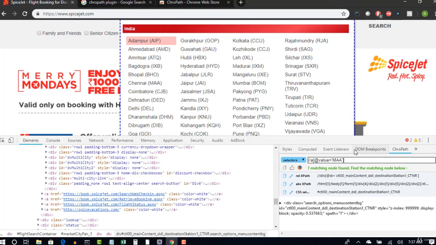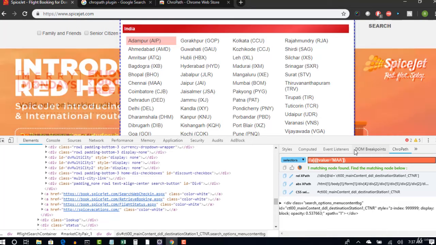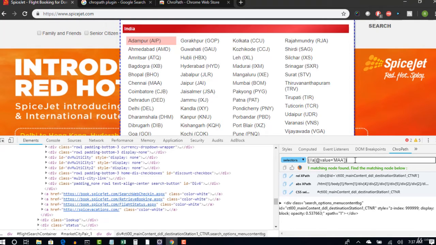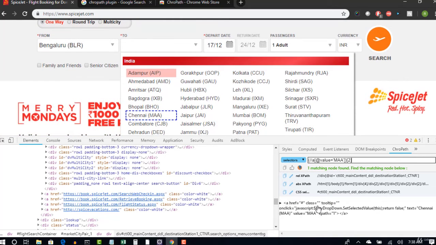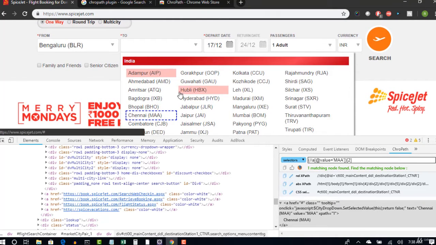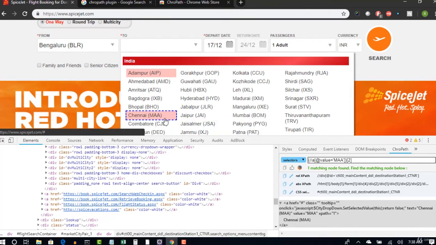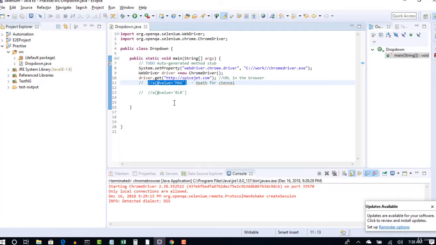In that case, you have to wrap your entire XPath in brackets and say for this whole XPath, go and select the second index. Now you hit enter, and you see that only one matching node is found this time. That matching node is nothing but your destination, the to drop down matching node, which is the desired one. And now your test will go and click on this. Okay, so let's try to write the code practically and see what's happening. That's the theory part, and now let me write the code and explain it to you.